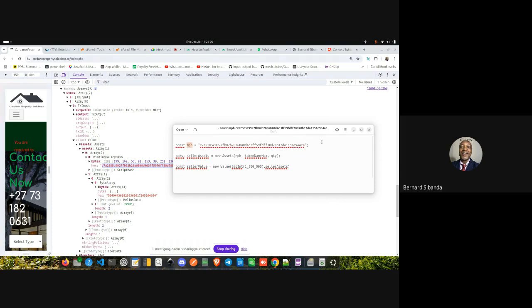Here I am showing you how to create a value object correctly. MPH we have. Next thing that we need is the token name in a hex format. We have it already.